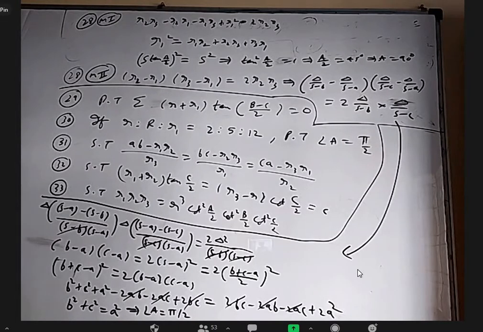Sir, how did we get R1 square is S tan A by 2? That is also a formula we derived in the morning class, in the second figure of the triangle, where the circle is outside. Later on, we'll do a few more questions where we'll use that R1 equal to S tan A by 2.